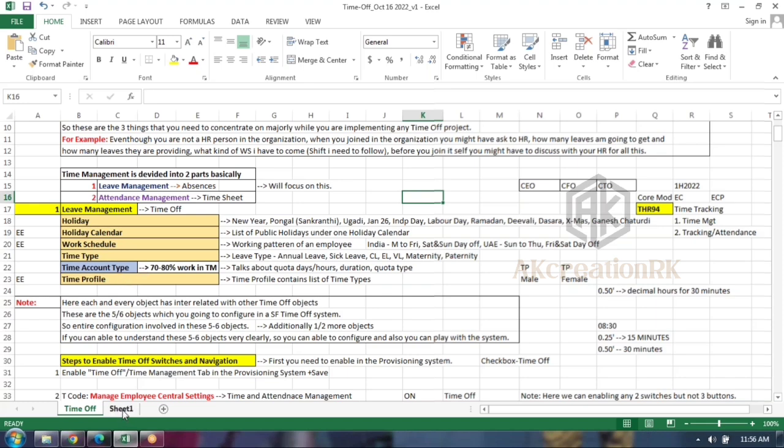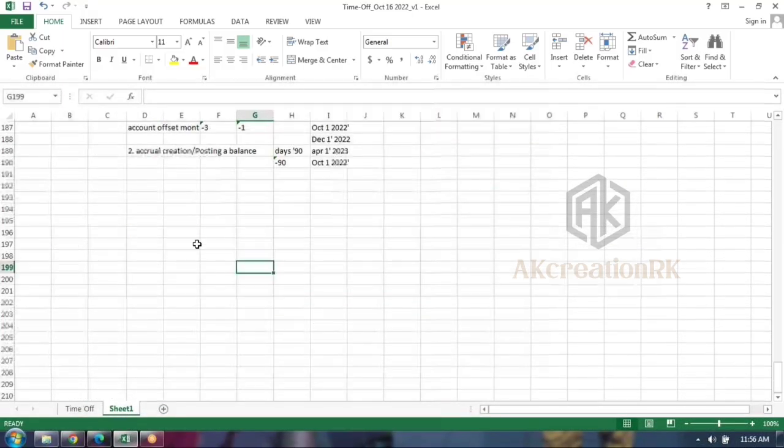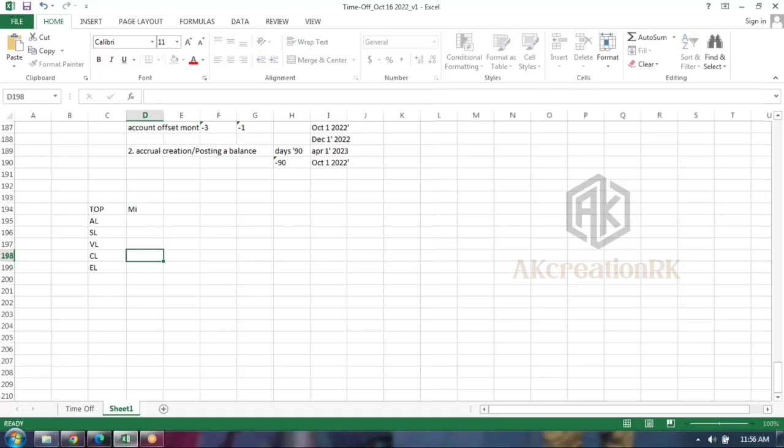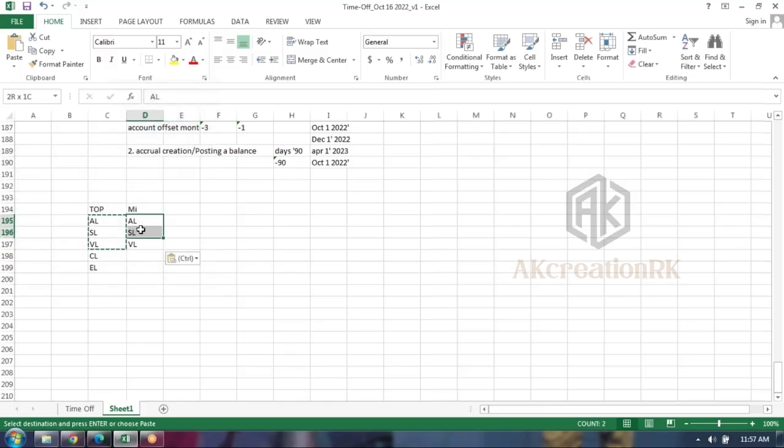I mean to say, a simple example, guys. For example, you have annual leave, sick leave, vacation leave, casual leave, and so on. So your customer is holding 5 different kinds of time types, guys. Time types or absence types or whatever you can call. Now my question is, these 5 are applicable, for example, to top management. For middle management, only the first 3. Just an example I'm telling. For lower grade people, only the first 2.